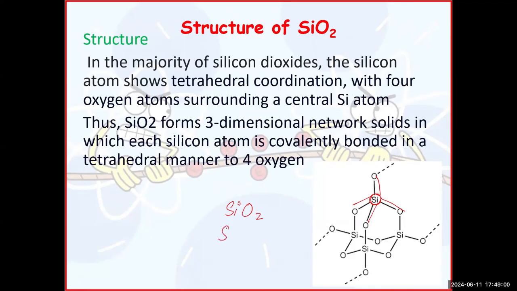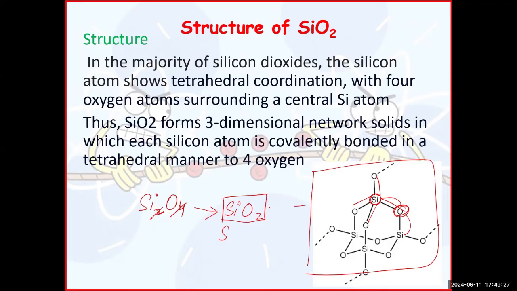Because if I see, each oxygen has a bond with 2 silicon. 1 silicon, 2 silicon. So actually it is Si2O4, meaning 4 oxygen and 2 silicon. But when you bring it to the smallest ratio in this giant molecular structure, it becomes SiO2. SiO2 is the simplest form of silicon 4 oxide, and here we refer to its formula as SiO2 and